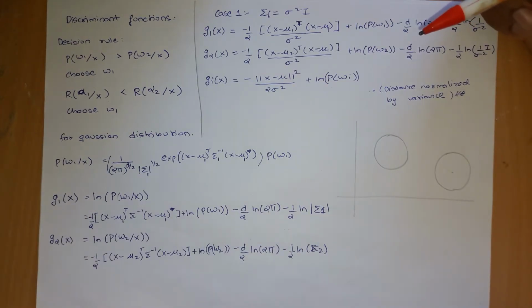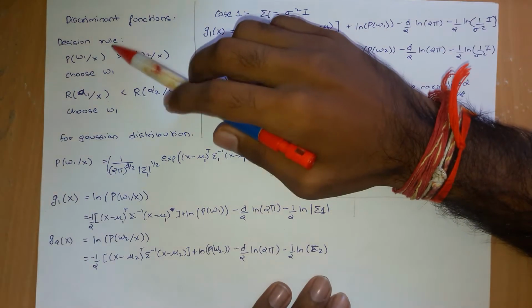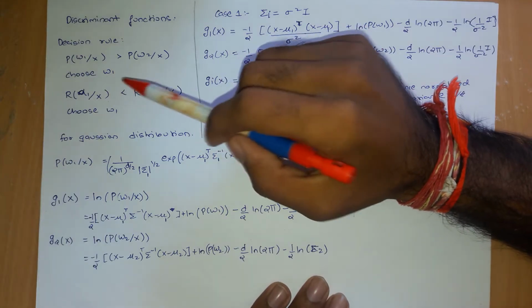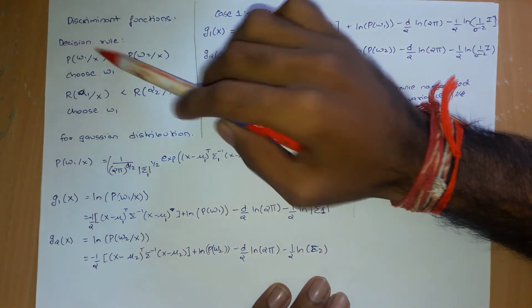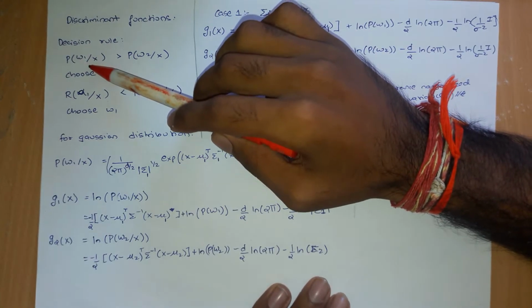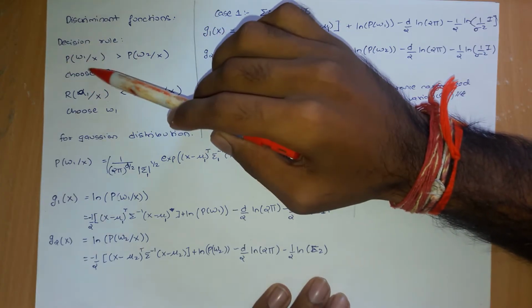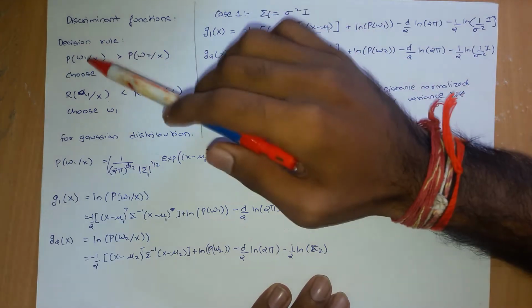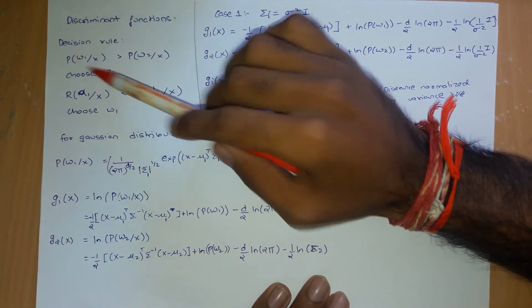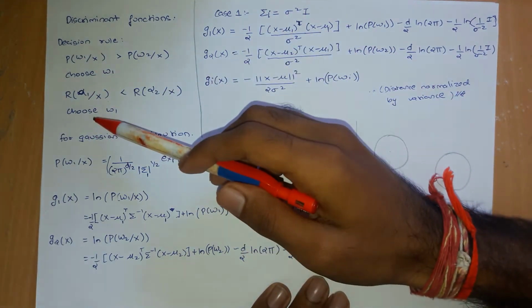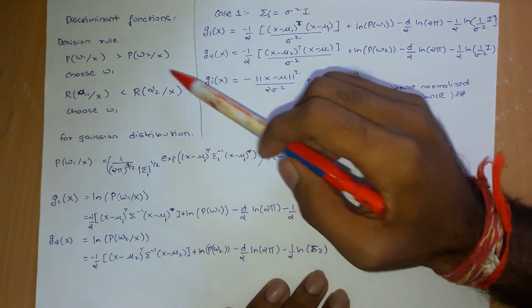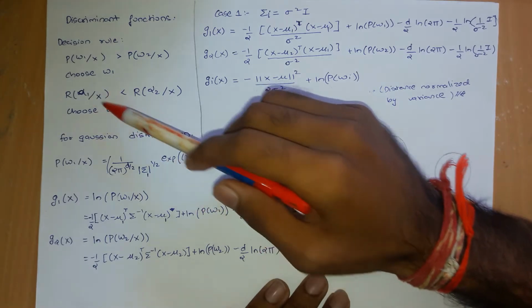Hello guys, in this video I'm going to talk about the discriminant functions and decision boundaries. So this was our decision rule that we used to take. If the posterior probability of one class is greater than the posterior probability of the other class, then we choose omega 1, or else we compare the risk. So if the risk is less for a particular class, then we choose the class which has the minimum